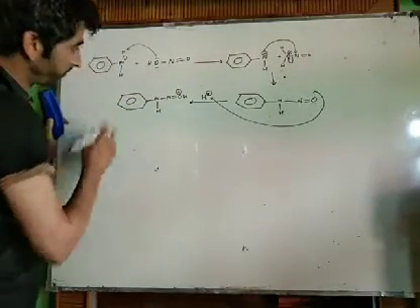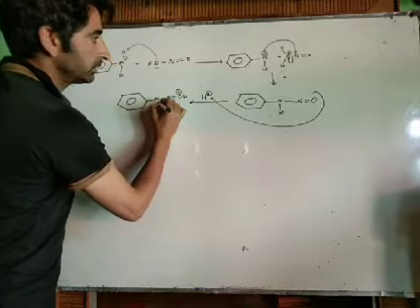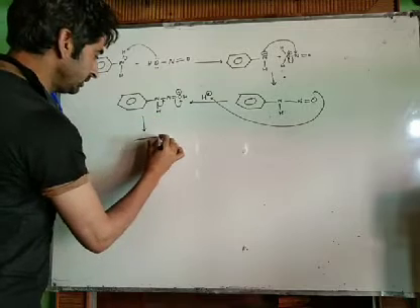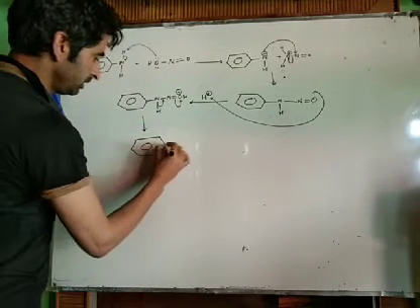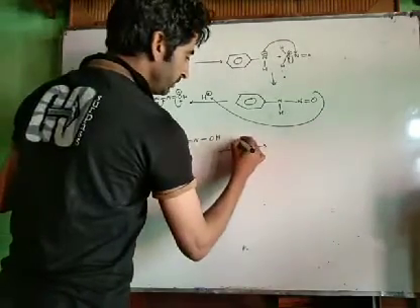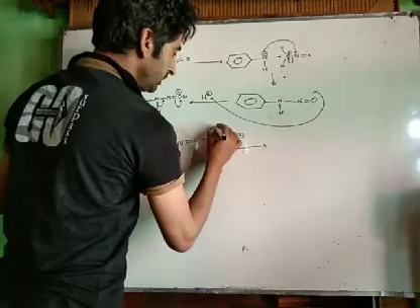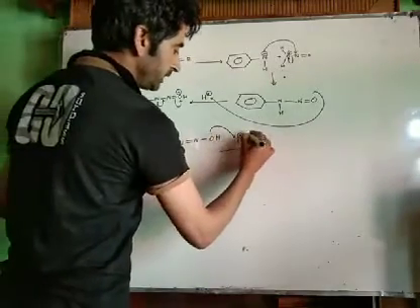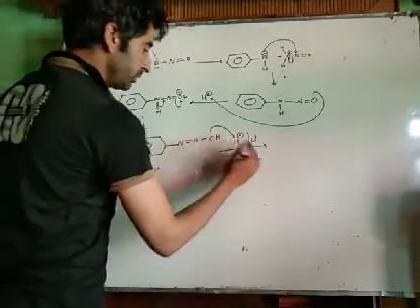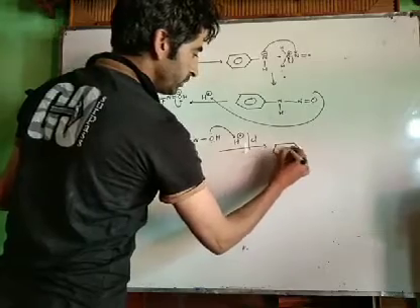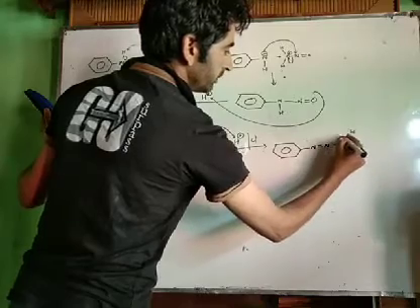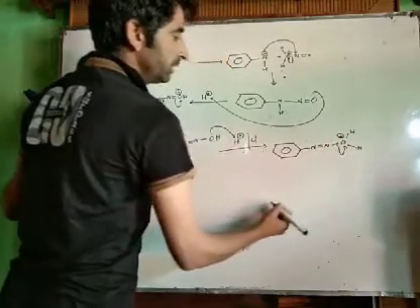Now see what happens. This bond breaks towards this side, this bond breaks towards this side, and this bond breaks towards this side. We get N double bond N single bond OH. Now in the next step, one more H positive ion comes and reacts with this. Let us treat it with HCl. Now this attacks over here, we get this type of compound, N double bond N single bond OH and H positive. Now this becomes a good leaving group, it leaves.